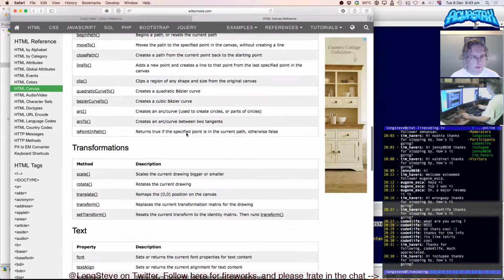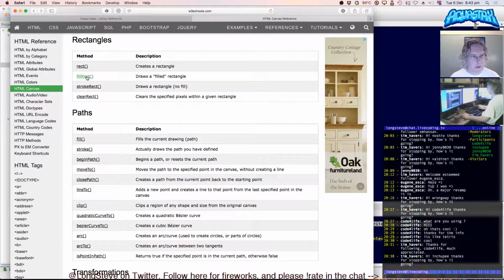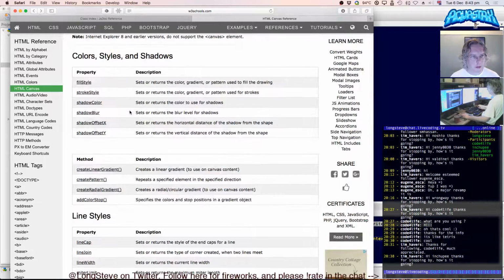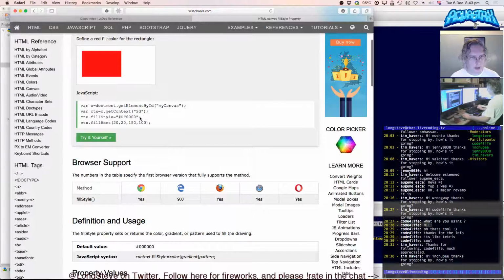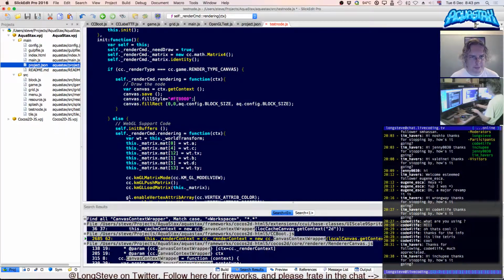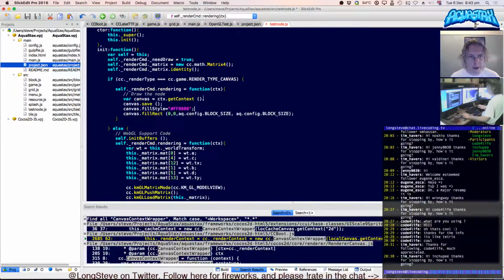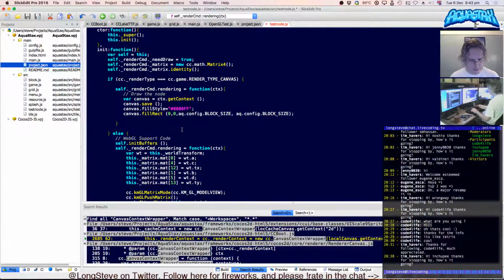There's the color method. Fill style sets or returns the color or gradient. Okay, so fill style. Define a red color, so we can do that. Let's have it blue, solid blue, and then we want to do canvas.restore